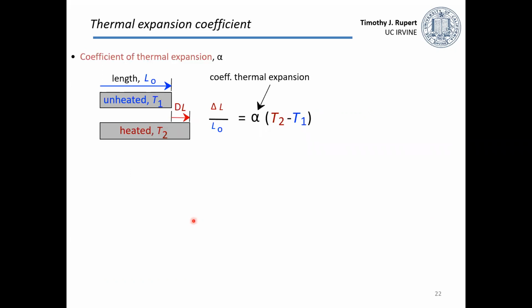You can also start to see how thermal expansion coefficient is connected to the bonding of a material. This property, which we're going to call alpha, is defined as, if I have some bar of material at temperature 1, that could be room temperature, it's going to have some dimensions. In this case, I'm going to track what the length of it is. As I heat it up, I'm going to find that the bar gets bigger, and this length extends out. So that thermal expansion coefficient is defined by taking what's that change in length over the original length, and it's the factor which we put in front, or the coefficient which we put in front of this T2 minus T1. Okay, so change in length equals alpha times the temperature